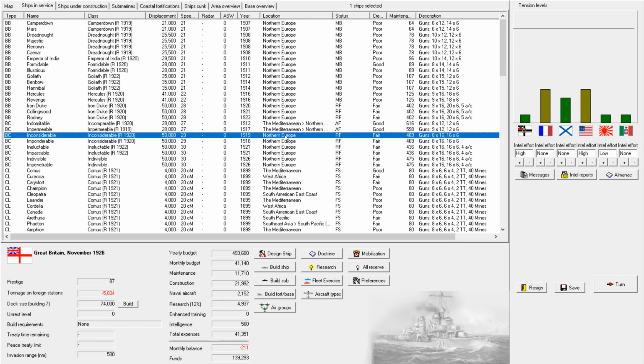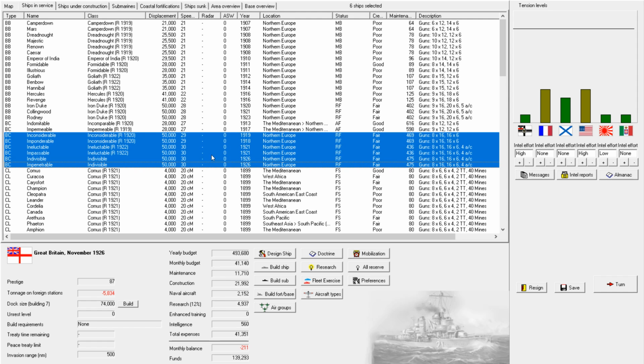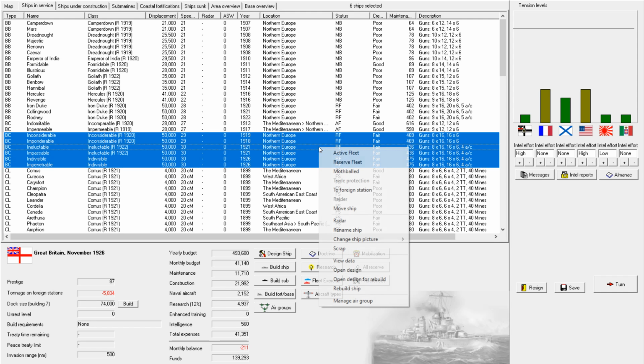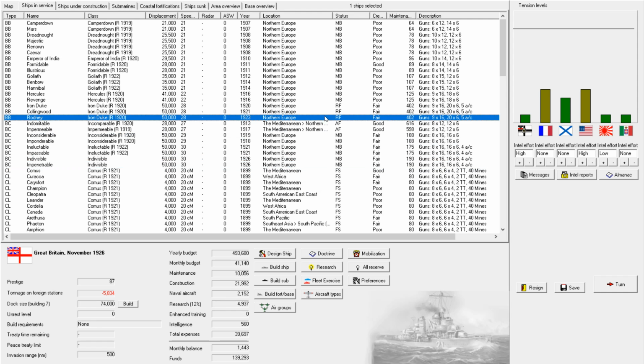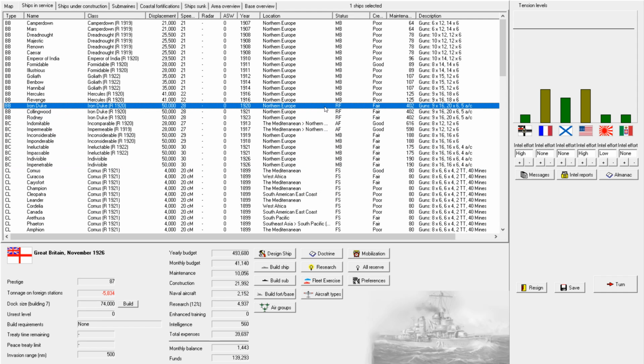In fact, since we have some significant rebuilds we need to do, I think we need to start putting some of these other ships into mothballs as well. So I'm going to grab all of my most expensive ships, and we're going to mothball those too. And I'm sure the Prime Minister is going to object, because we only have 3 battleships not in mothballs, but...